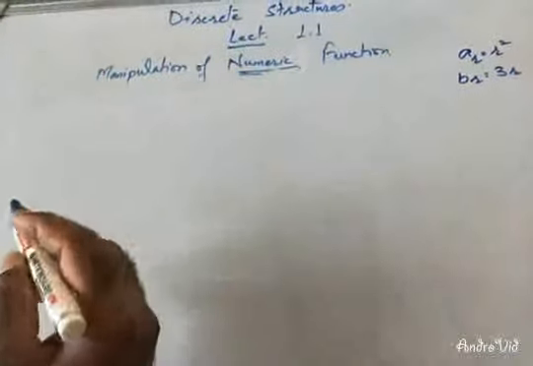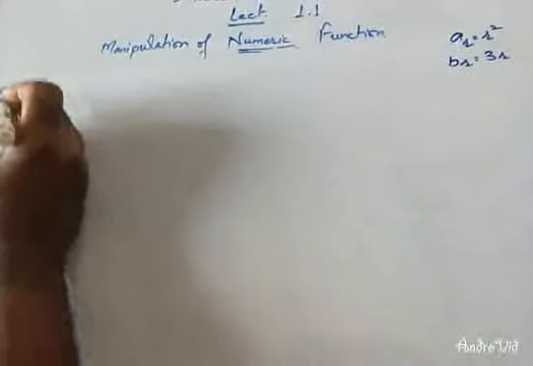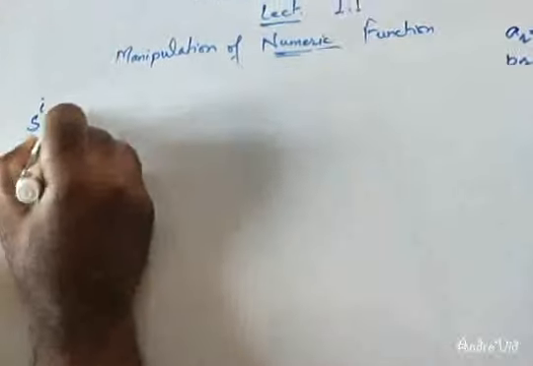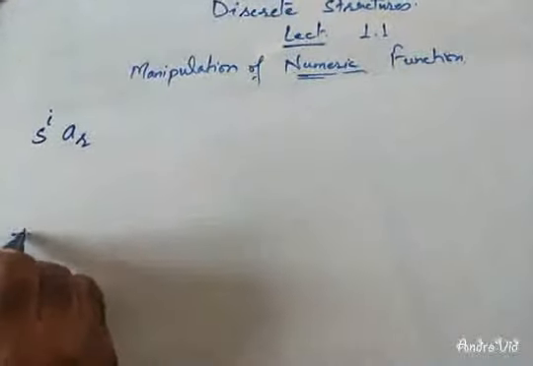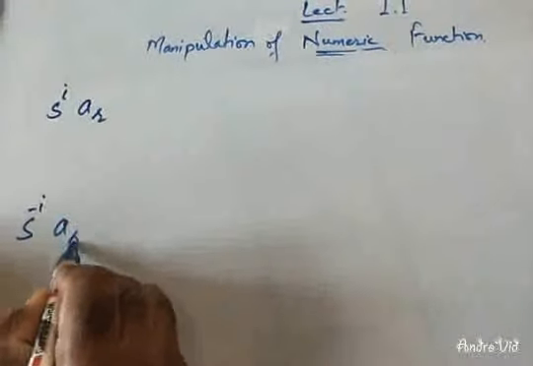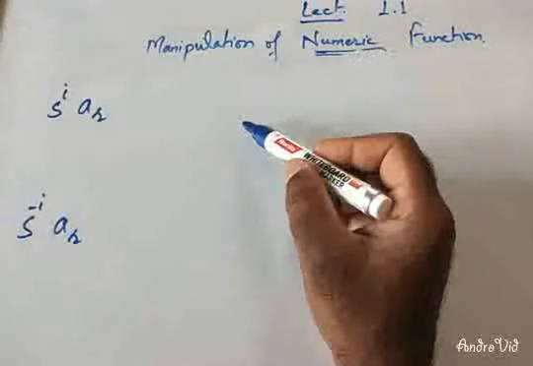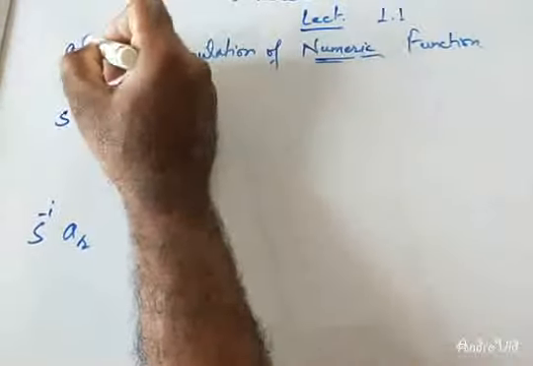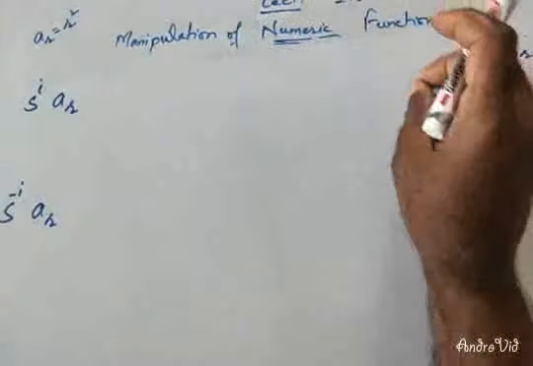So we just now know that there are few manipulation functions of numeric functions, and one was positive shift of a numeric function AR, and one was negative shift of a numeric function AR. And for the time being we are studying that AR is R square. So AR equals to R square. So if AR equals to R square,